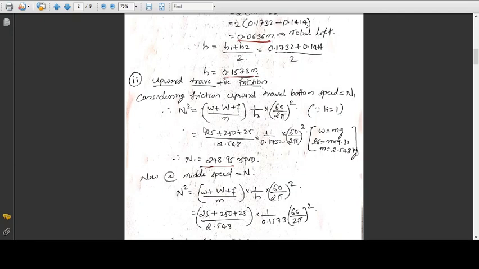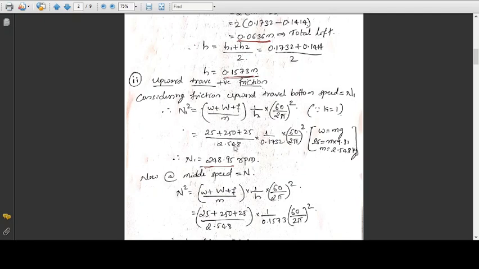Okay, so when you substitute all these values, because here he has given the weight of each ball as 25 Newton, the weight of the sleeve as 250 Newton, and the friction force as 25 Newton. In place of m, because here he has given the weight of the ball in Newton, you need to get the mass in kg. For that, w equals mg. You know the value of w, that is 25 Newton, and g is acceleration due to gravity. If you substitute that, you will get m as 2.548 kg.